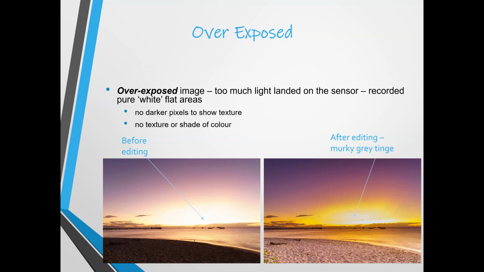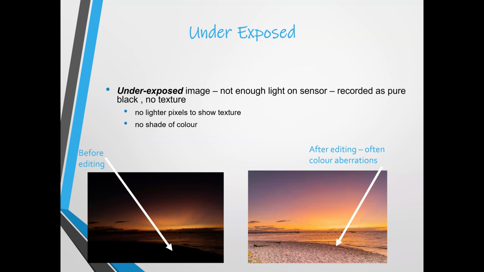If you try and pull that down, I'll try and get brighter, there we are. If you try and pull that down in editing, you end up with big grey splodges on you. So it's really important that we get this right in camera. The other end of the spectrum is when we underexpose an image. And when we underexpose an image, we get what we call muddy, dark, burnt out areas in our image,